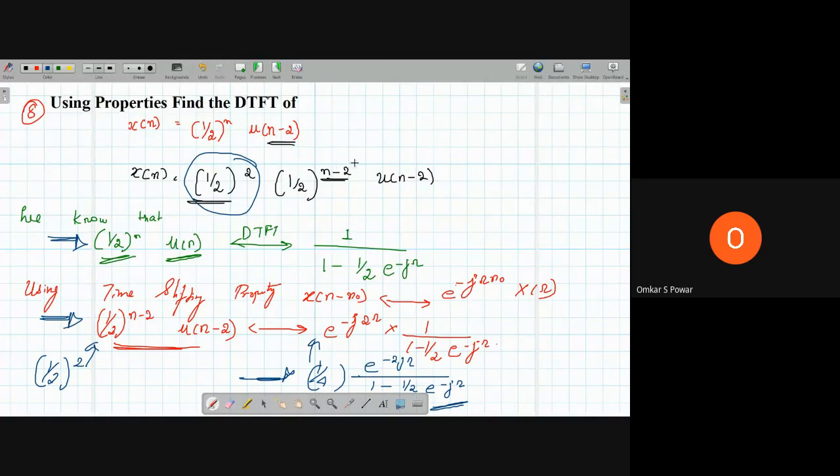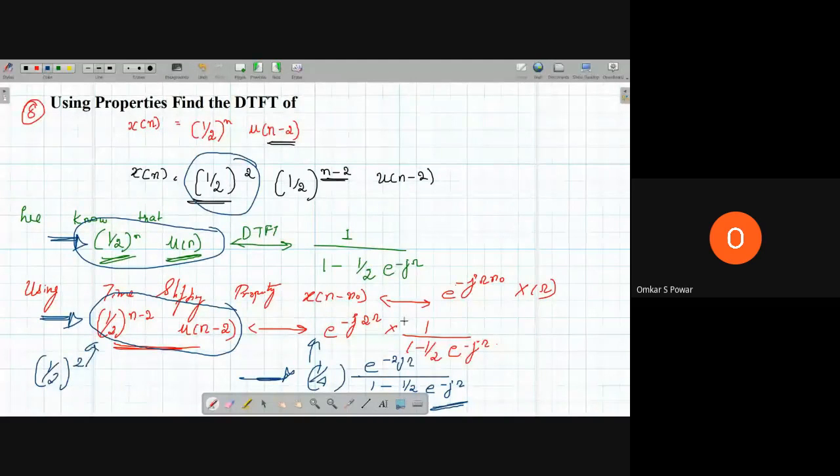So it's the same technique. First, I have got the Fourier transform of (1/2)^n u[n]. Then using the time shifting property, I have got this. Then finally, we have to multiply by (1/2)^2 on both sides. I think we did the same thing in CTFT also. Again, I'm repeating it here so that you should not get confused. To get some idea, I'm solving problems here. Actually, I did not want to solve problems on DTFT at all because we have done so many problems on CTFT and you would have got a proper idea. But in order to avoid confusion, I'm doing some problems here.